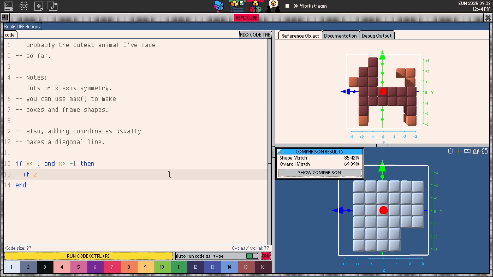So if I say z not equals 3 and y in range y